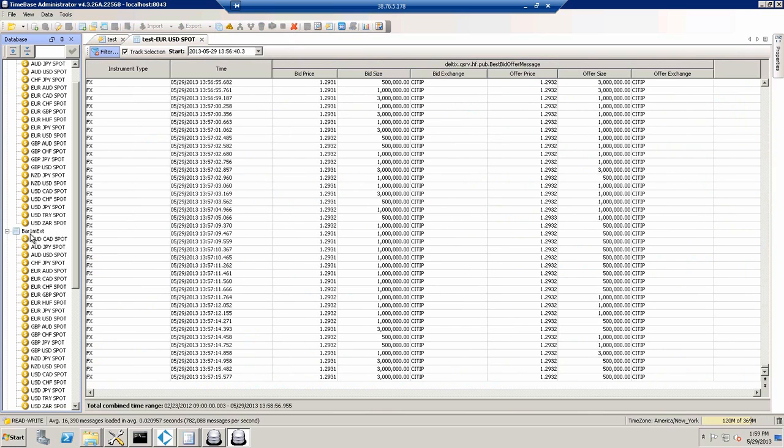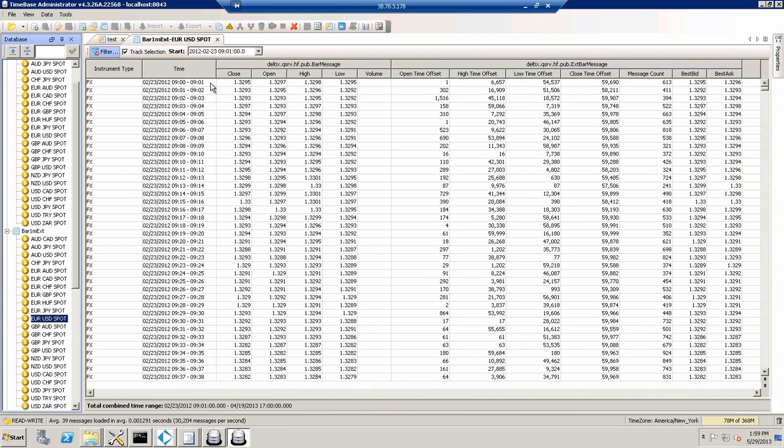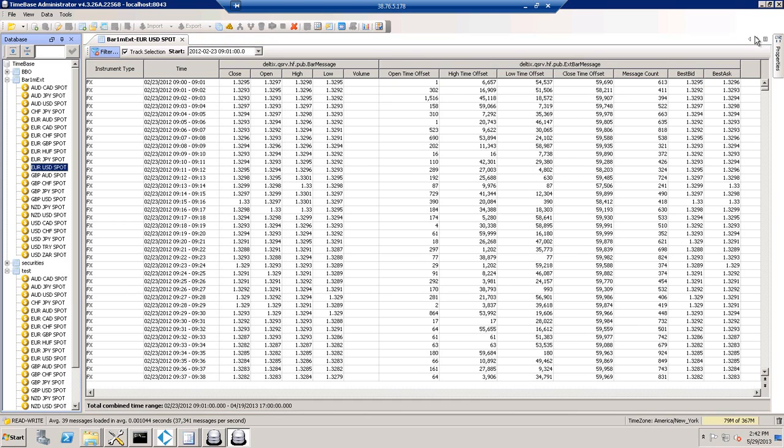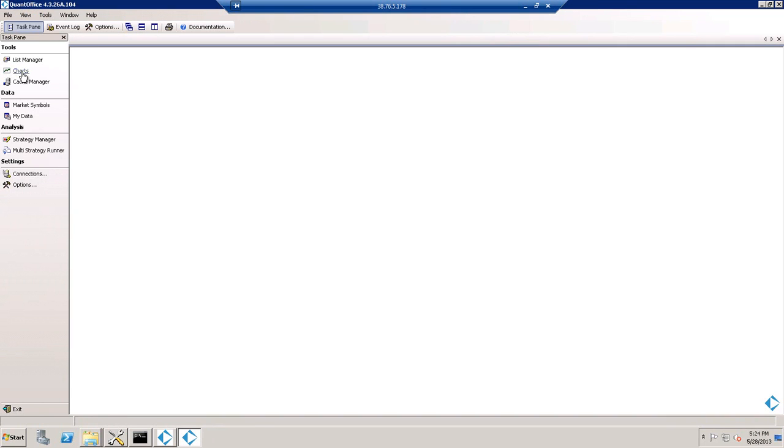In addition, time base is configured with a 1 minute extended bar, where we create a 1 minute aggregated view from raw tick data, creating mid-price based open, high, low, close values plus millisecond timestamp offsets of high, low, close, and open ticks. And finally, we're counting how many messages were within this minute, with best bid and best ask at the end of the bar. At this point, I would like to close time base administrator and start Quant Office and build a simple FX trading